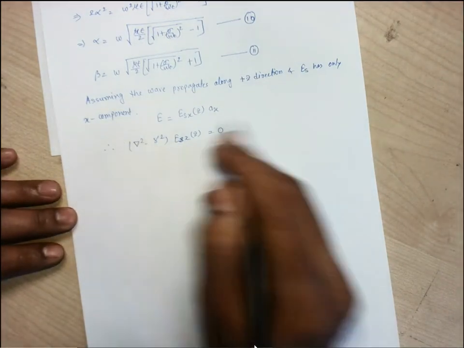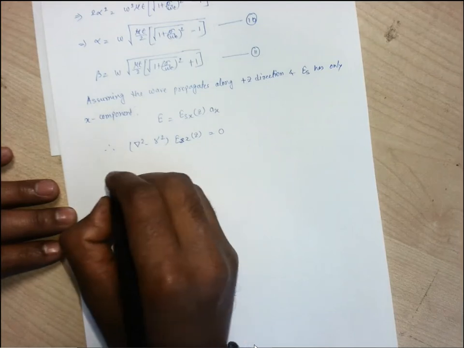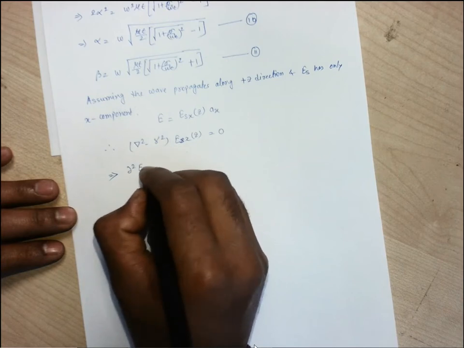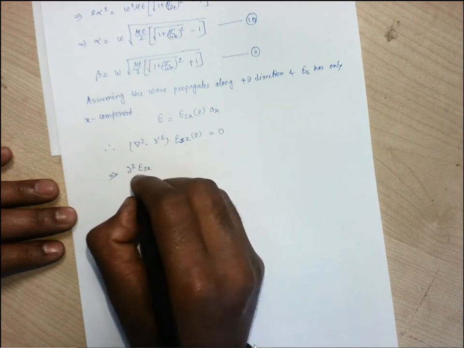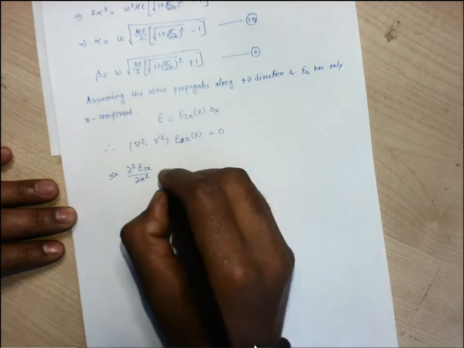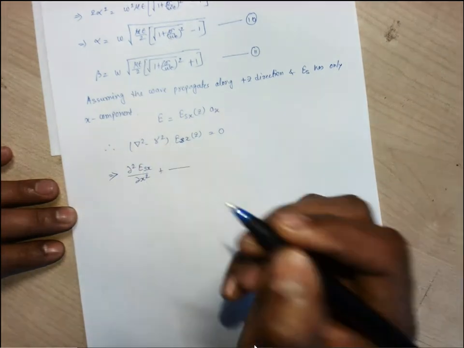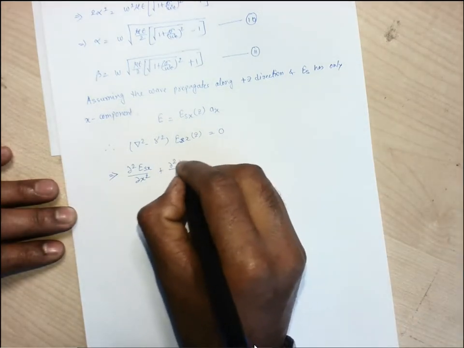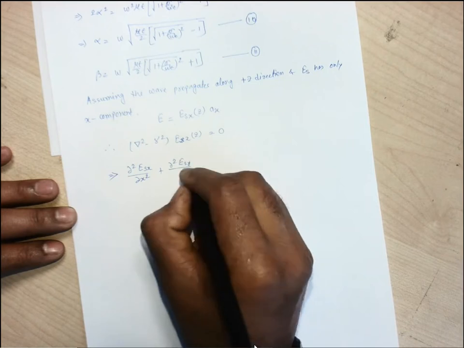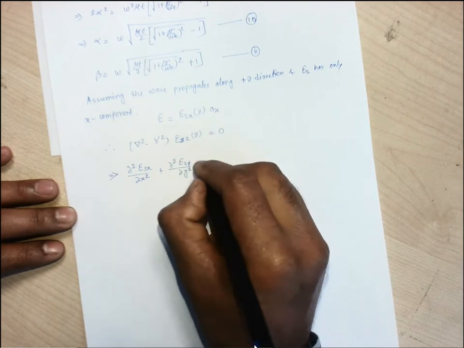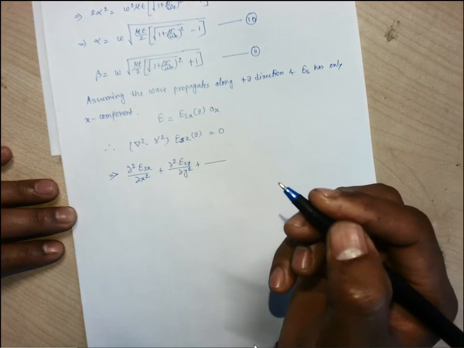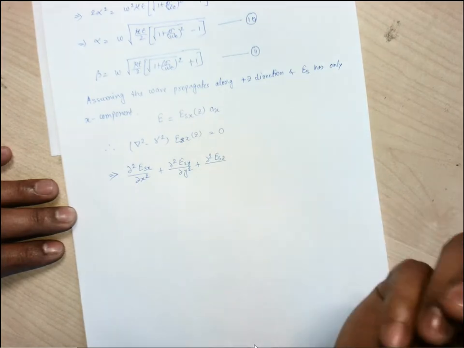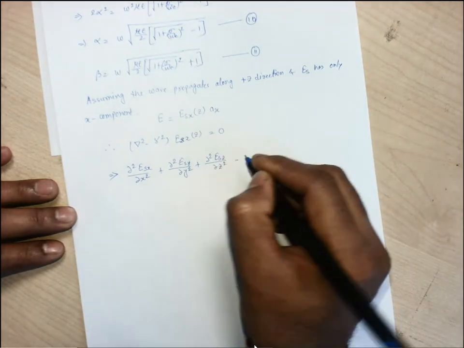So if we write about this del square, what we can write? We can write down this one as del square ESX by del x square plus, I am just writing the expression of this del square, ESY by del y square plus del square ESZ by del z square